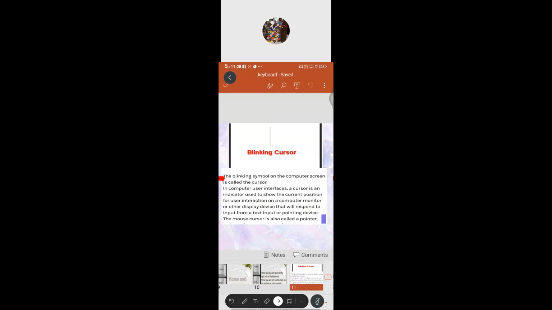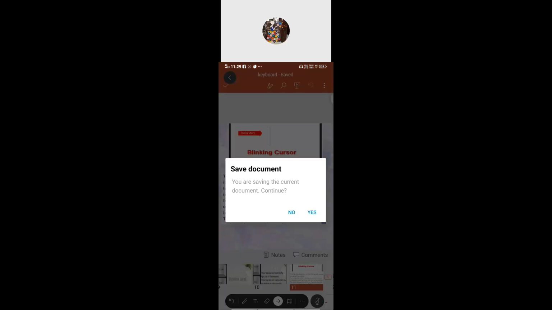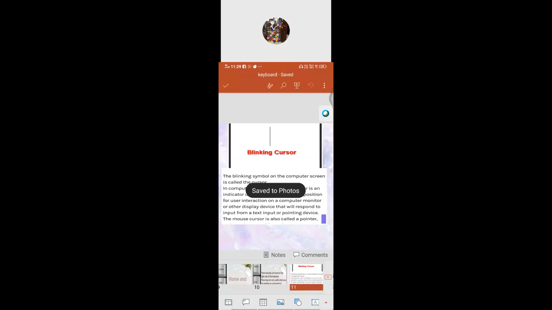In computer user interfaces, a cursor is an indicator used to show the current position for user interaction on a computer monitor or other display device that will respond to input from a text input or pointing device. The mouse cursor is also called a pointer, isn't it? This is the blinking cursor. So in this way we can move through the text with the Home or End key.